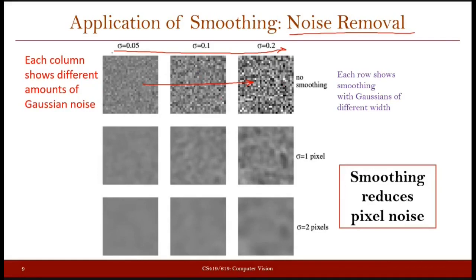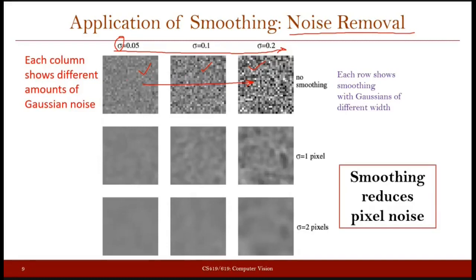The noise that we are considering here is Gaussian noise, and in Gaussian noise, the amount of noise is defined with the help of sigma. So as sigma increases, the noise also increases. When you define the Gaussian noise with higher and higher sigma, we see that the noise becomes more and more. So this one has the least noise, this has a little more, and this has the highest noise in this case.